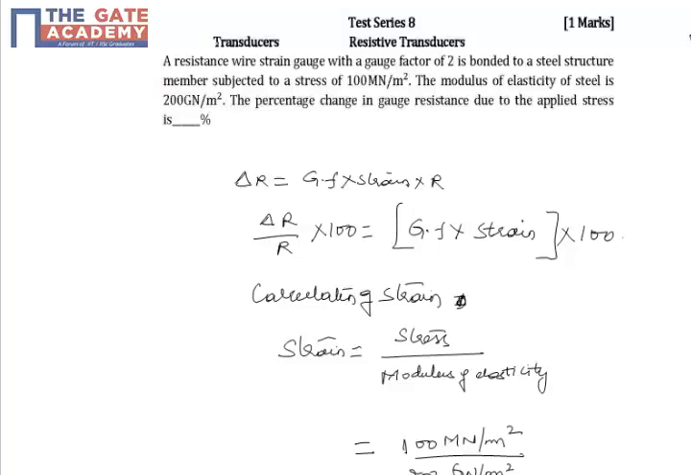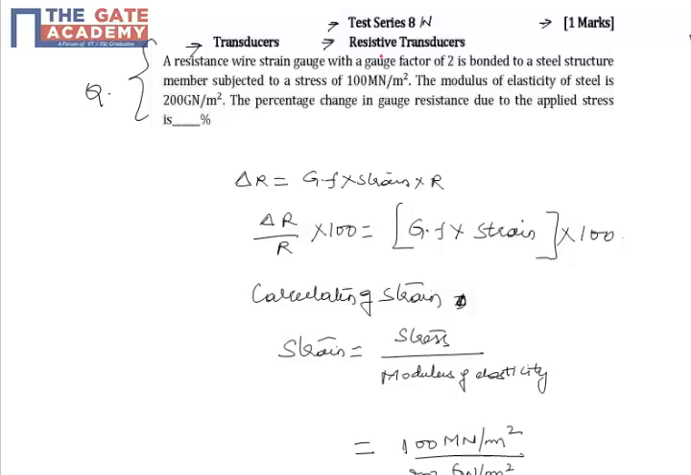So the third question, which is asked from the subject Transducers in Test Series 8 for IN, is for 1 mark, and it is from the topic resistive transducers. So it's a fill in the blank question. The question is: we have a resistive wire type strain gauge which is mounted onto a steel structure,